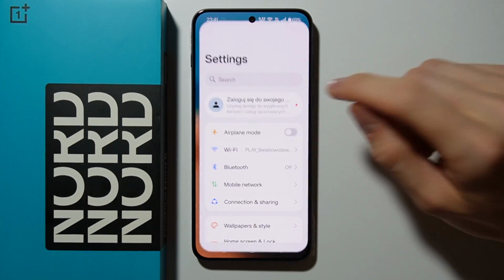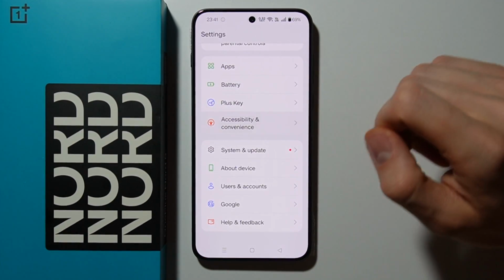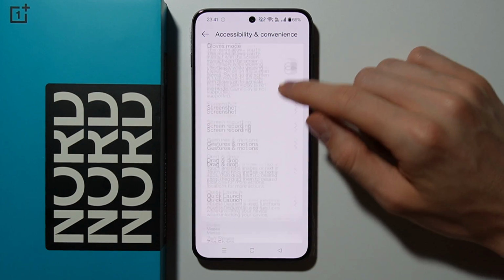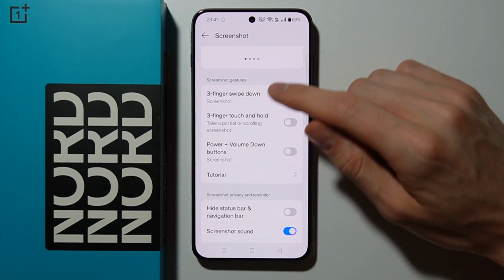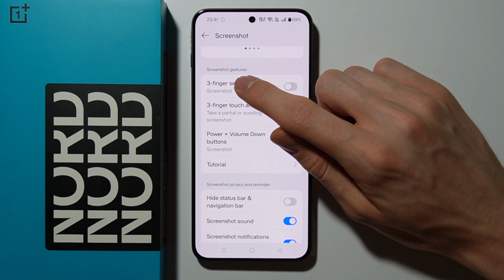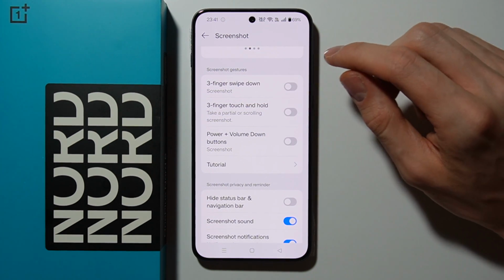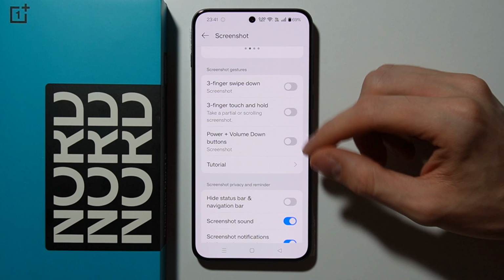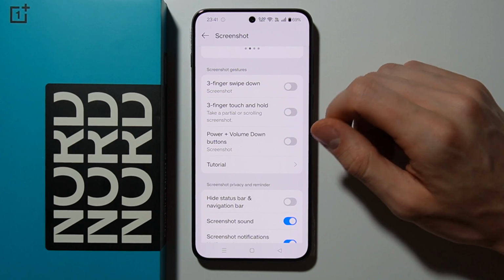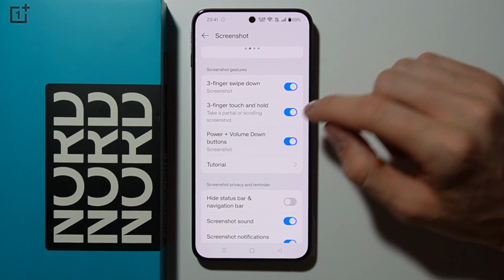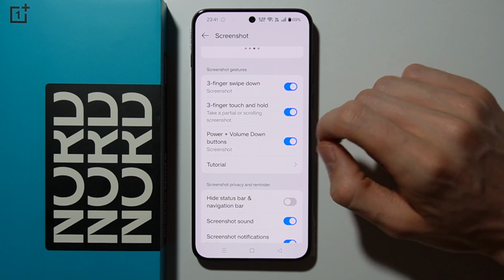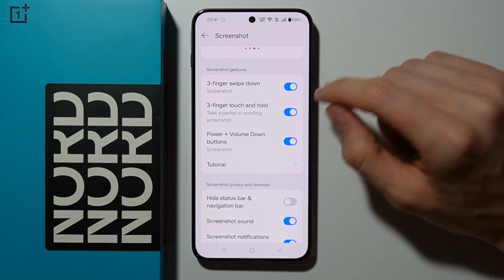screenshot. So open the settings, from here go to accessibility and convenience, and now go to the screenshot section, and here you are able to find the screenshot gestures section, and from here you have to enable which way you want to take a screenshot. So let me enable everything from these settings, and now I will show you the first way to